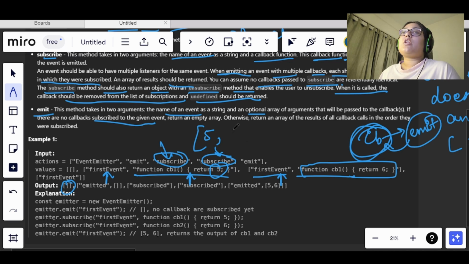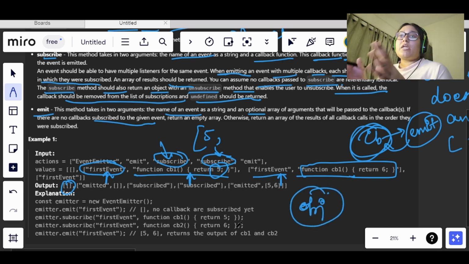Now we had an array with the name of the event. What we will do is use an object, because the multiple callbacks are not getting repeated, so the values will be different, and the event name can be the same. So we will use the event name as a key.